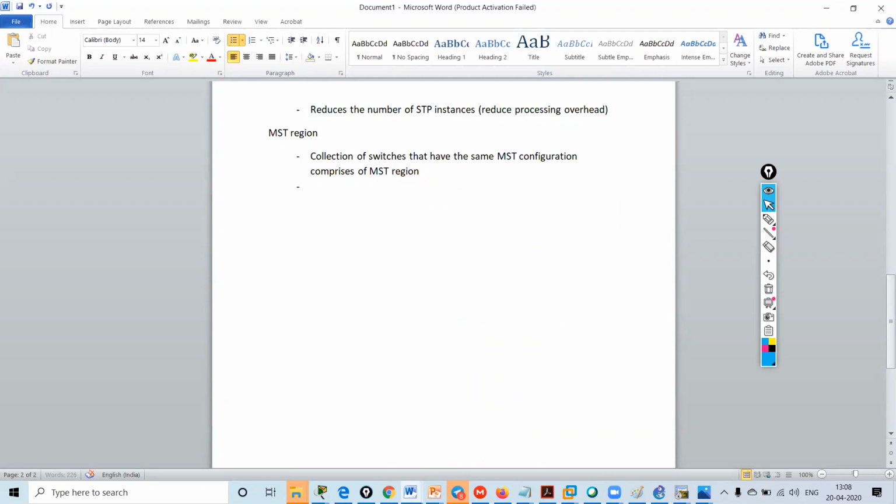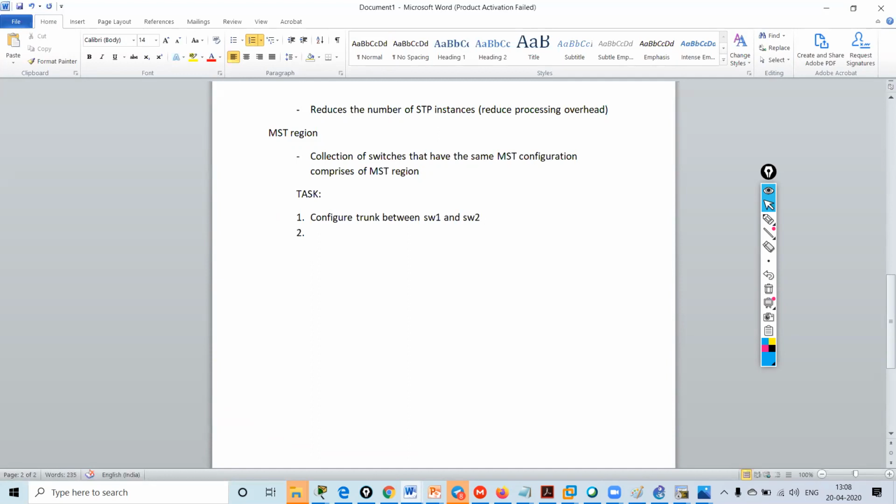Now I have some configuration tasks. The first task I need to perform is to configure both the links as trunk links between switch 1 and switch 2.